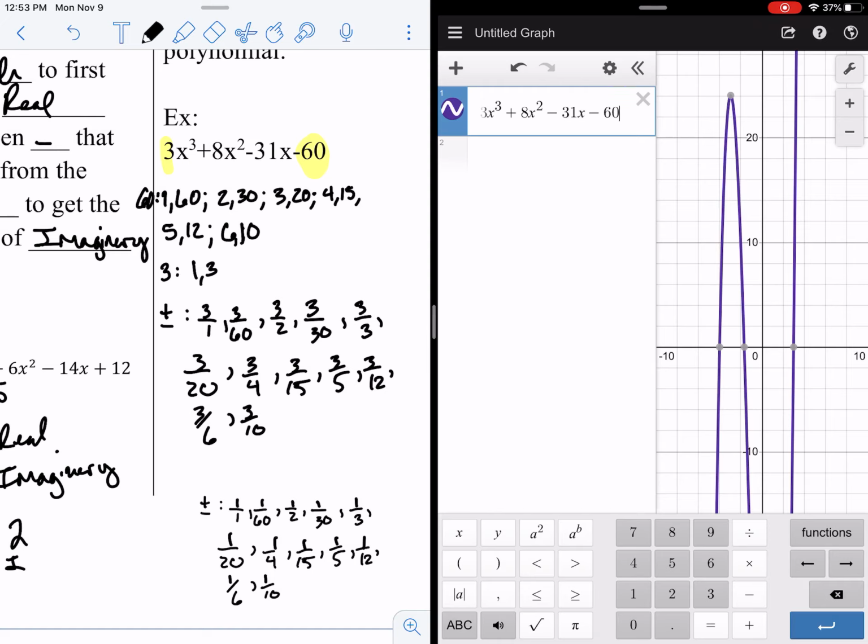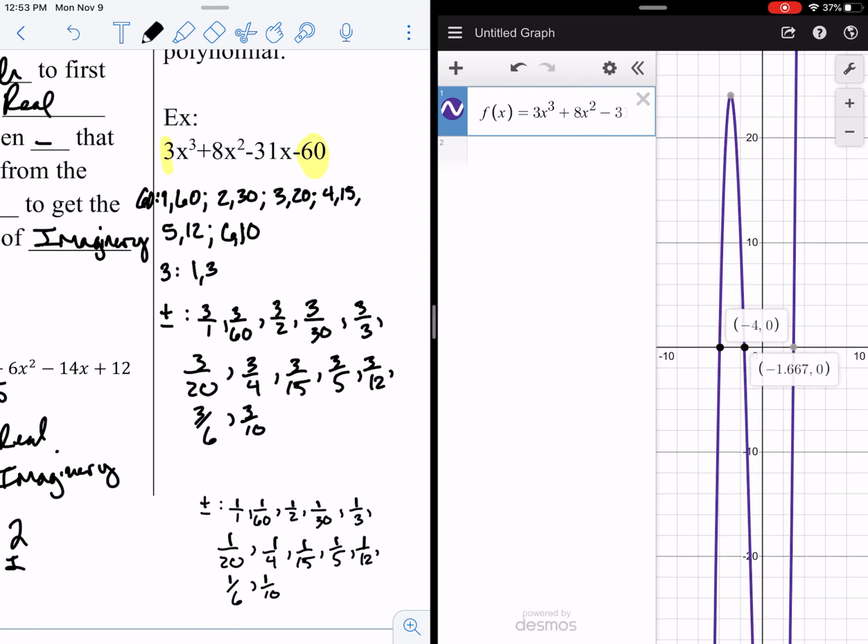And then you can do a couple of things, right? You can click on all of these, and from here, you know a rational root is something that's a pretty number, okay? So -4